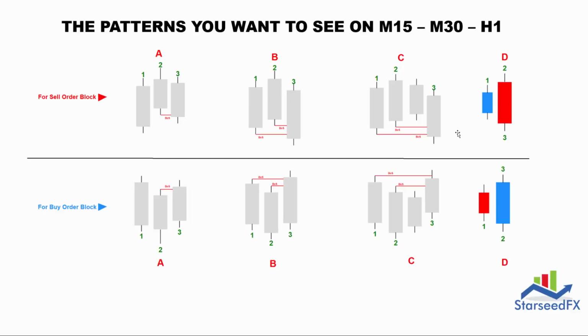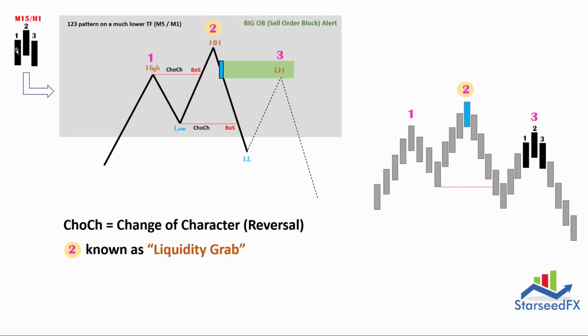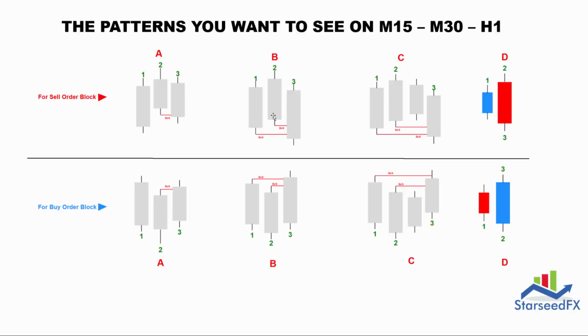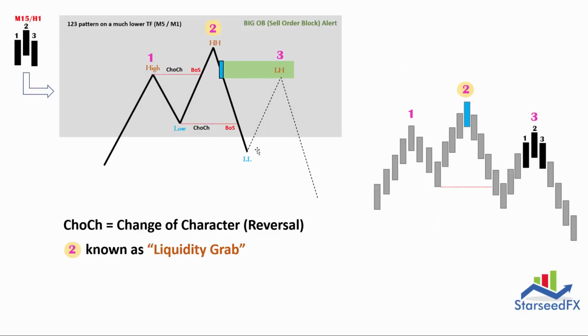What you want to do is to find this pattern gradually from a little higher time frame, starting from M15, M30, and H1, whichever makes sense to you. Then go to the lowest to find your order block. Because once you have seen this pattern on H1, for example, the trend you want must have already been established on M5. So you see this on M15 or H1, the look on lower time frame may have been like this. It's already established on M5, so you can enter a trade safely.